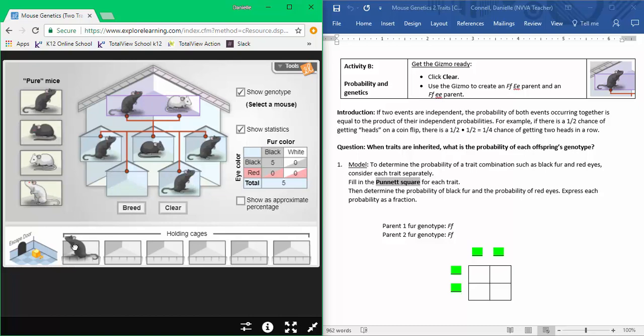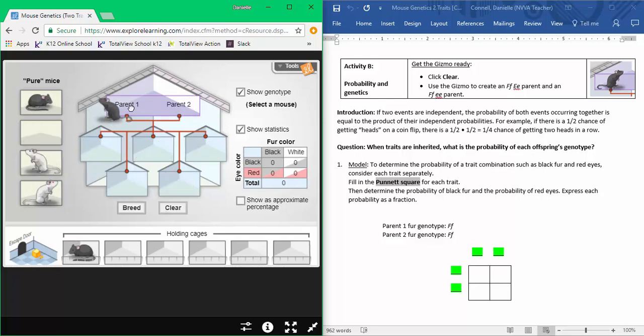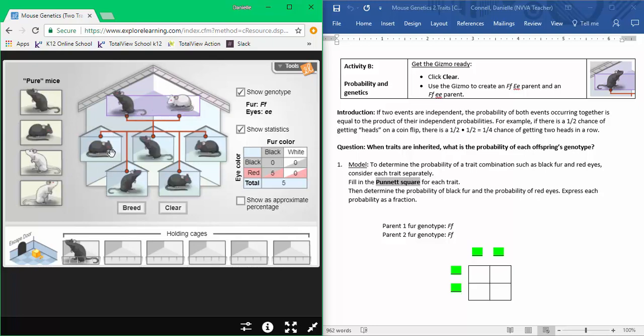So there's one that I found. And there's the other. Okay, so it might take you a couple of times to play around with it, but